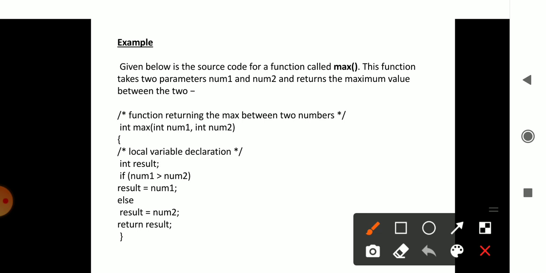So here we make use of a user defined function. Our function declaration is int maxOf(int num1, int num2). Int maxOf, as we know, int specifies the return type. When we declare a function, the function name should always be preceded with a return type.